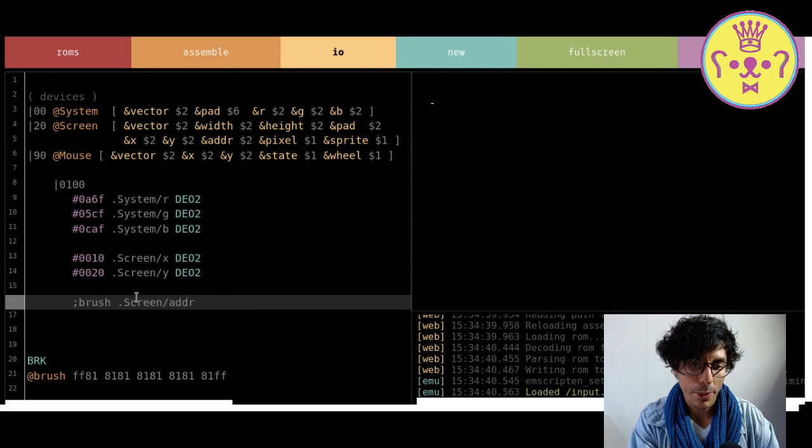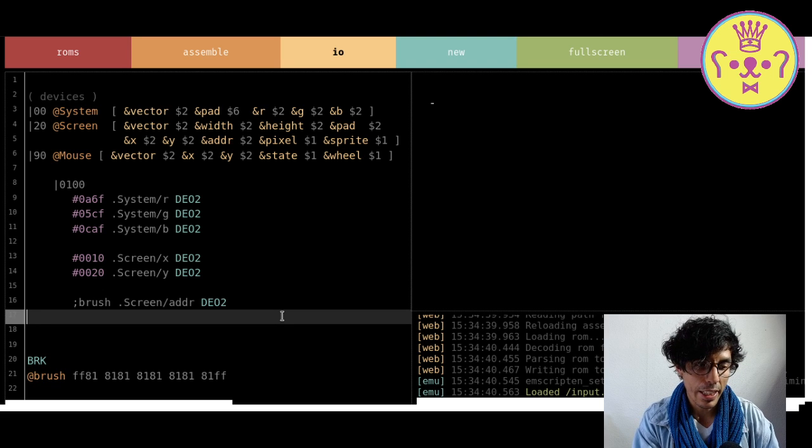We are sending into this port of the screen device the address. We're sending it. And then we can draw it. Going back into Nasu,